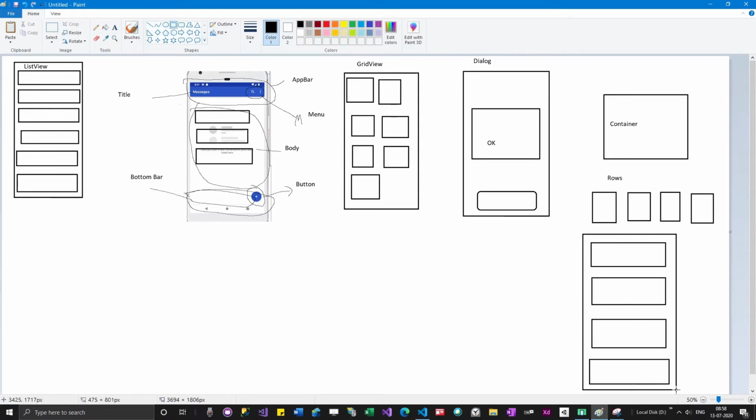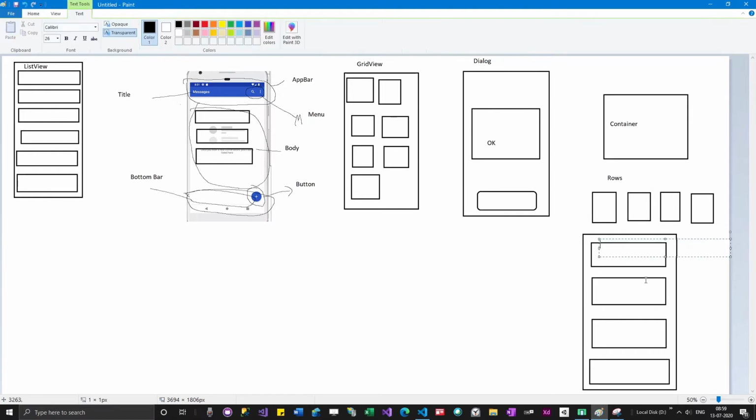Okay, so if you are adding multiple containers inside a column, they will look like a list view also. So which will give you an idea: if I add some containers inside a column, that will look like a list view also. So when you have a requirement to show some list view, you have to take a decision. Do I need to go with a list view or a column widget which will have multiple containers?